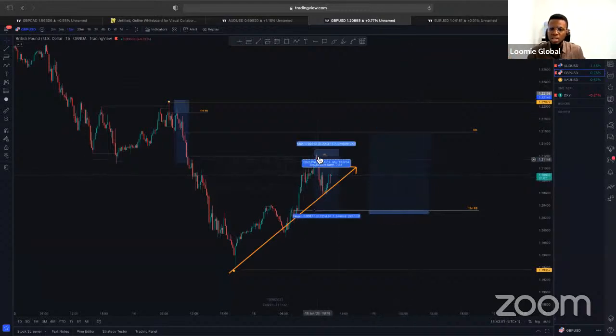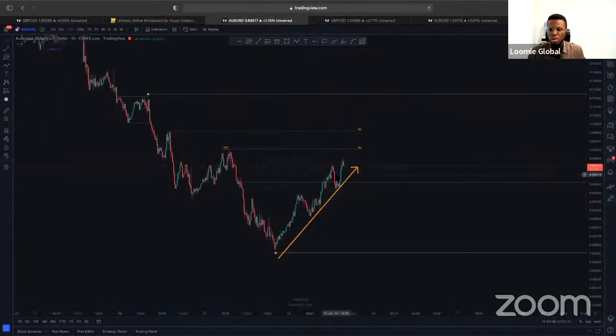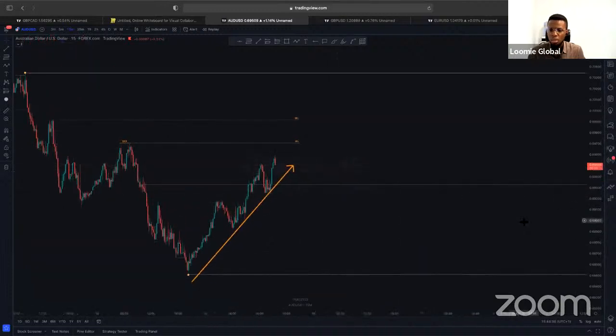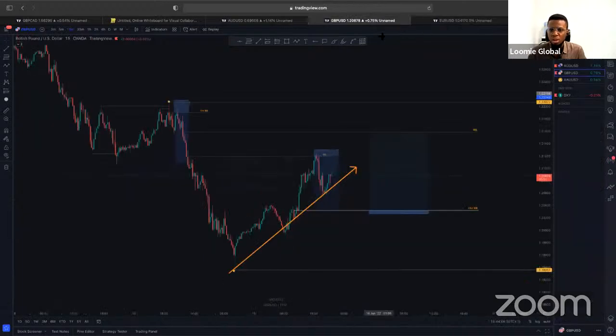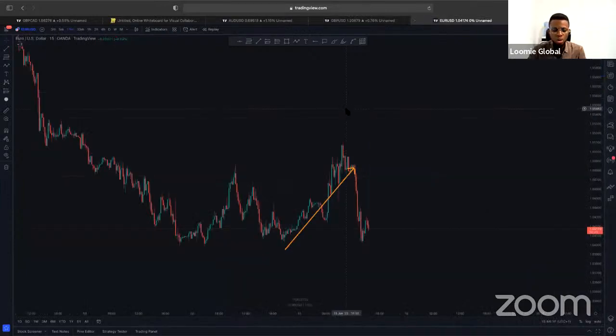For instance, we can already see a retracement and then a push up on this point. On AUD, we are seeing the exact same thing happen here. I mean, their own correlation is a lot stronger, I think, when compared to what we have on Euro USD, right? So that is about currency pair correlation. And I can tell you that a pair like AUD USD or GBP USD is inversely correlated to a pair like USD CAD.